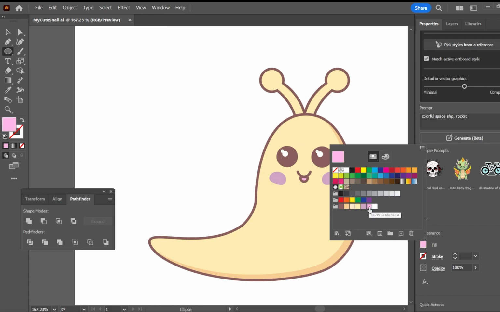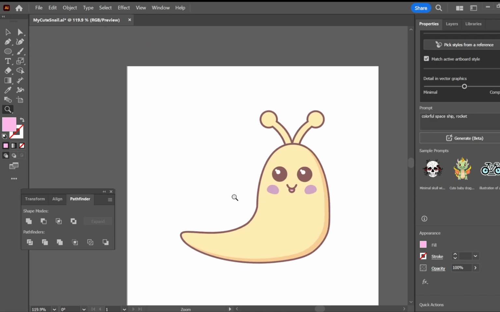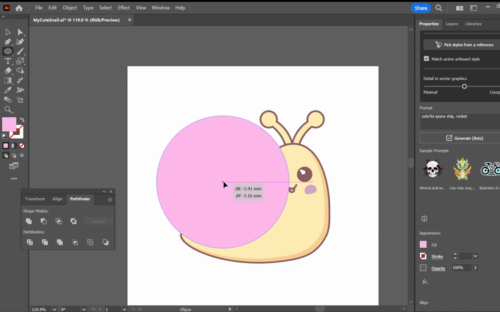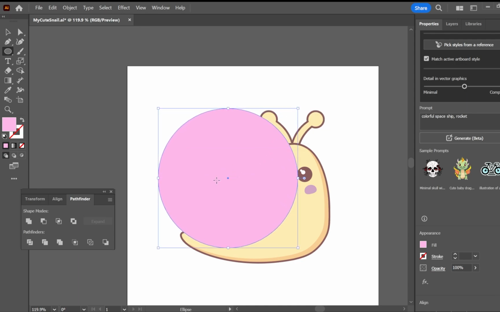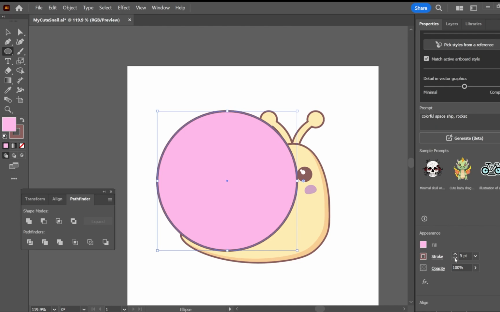Now we're going to work on that shell. So I'm going to use the fill tool. I'm going to go for a perfect circle by holding down Shift and then just play around with the layout a little bit until I get it about where I need it to be, making sure that I add that 4-point stroke on again to keep my images consistent.